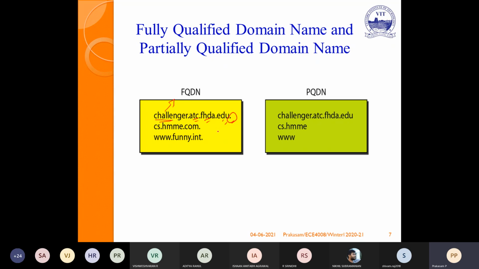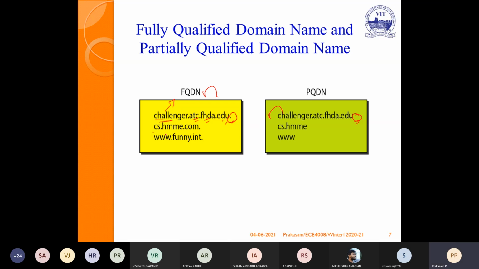If you are copying any domain from the server, it will end with a dot. So if you see here, it does not end with a dot. The dot is missing. So this is a partially qualified domain. The fully qualified one is 100% correct.